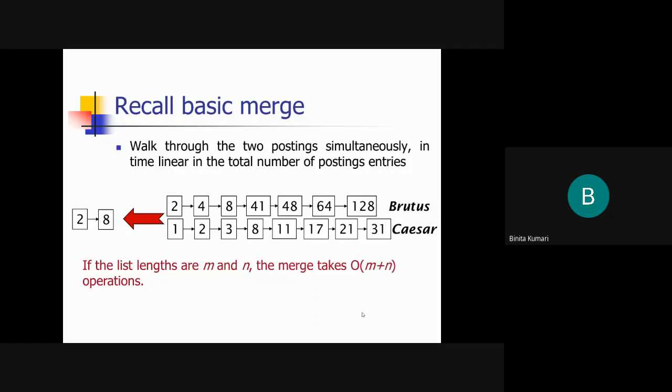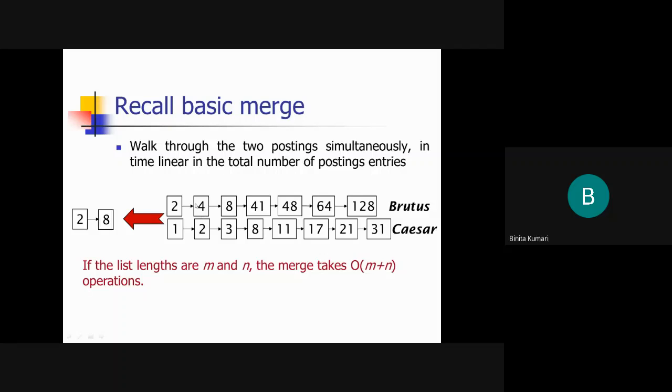Caesar are present. If you remember the discussion, this is my Brutus, this is the term, and this is another term. I want an AND operation between these two. This one is the posting list for Brutus, and this is the posting list for Caesar. Now when I'm performing Brutus and Caesar, I'll be trying to find those document IDs which are common in both. I can see 2 is here and again 2 is here. So 2 is the document ID where both Brutus and Caesar are present.